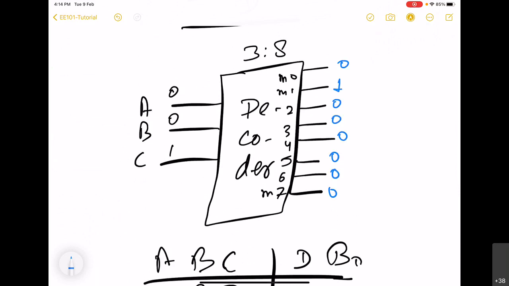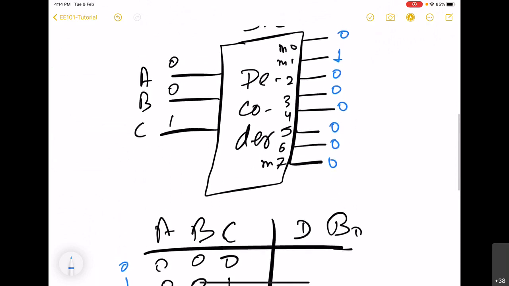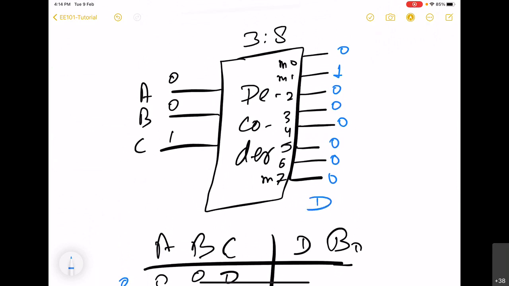So now it will be beneficial if we represent this D that we want to implement as a sum of these M's. In this case, we have been forced to use a decoder, and that is why we will try to represent the function that we are trying to implement in terms of these outputs.